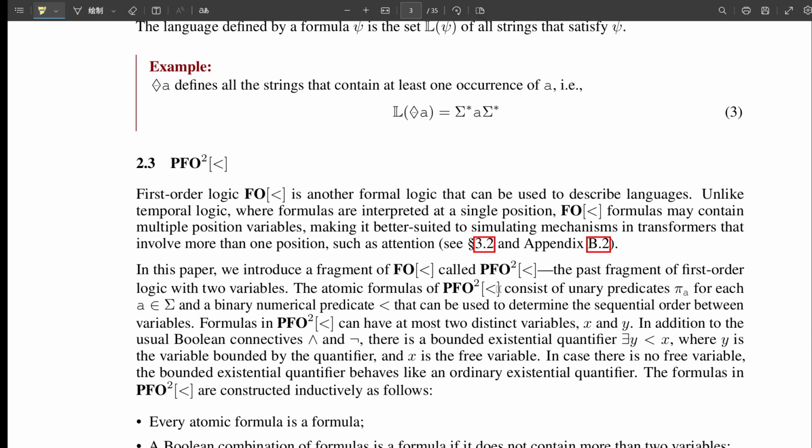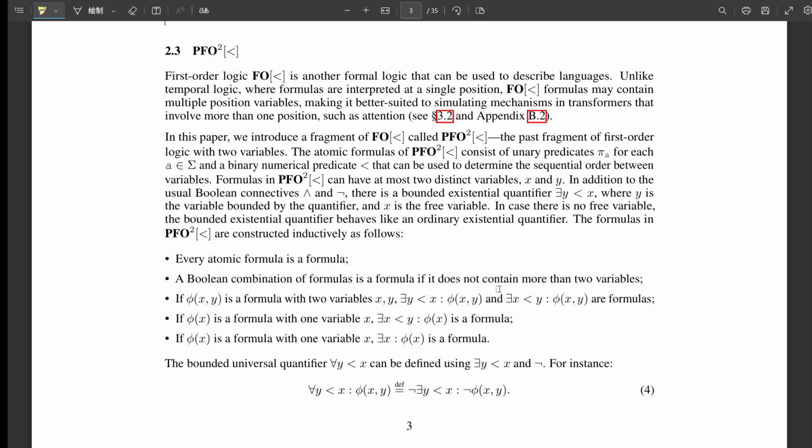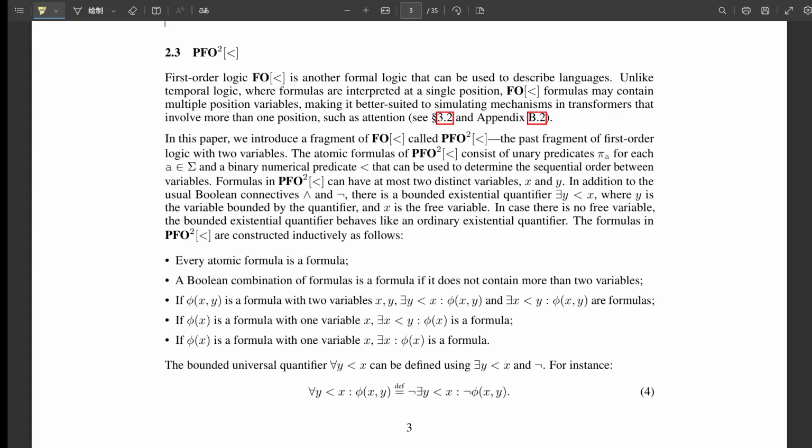Exactly. It serves as a useful intermediate representation, linking the temporal logic perspective to a more classical logic on strings perspective. Okay, so LTL equals PFO2. What else is in this chain? They also show LTL is equivalent to partially ordered deterministic finite automata, or PODFAs. DFAs. Okay, those I remember. Simple state machines, right? Read a symbol, change state. What does the partially ordered part mean? How does that limit them?